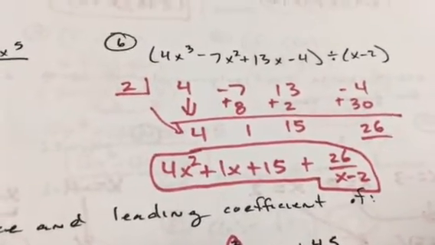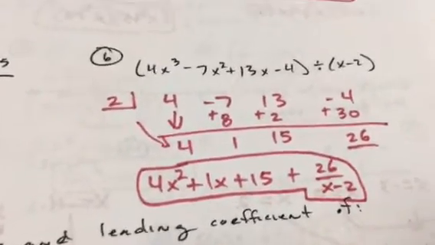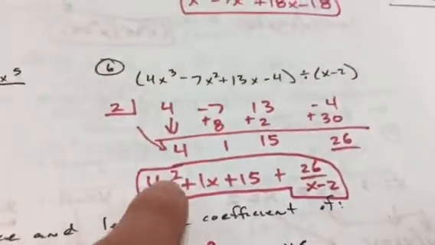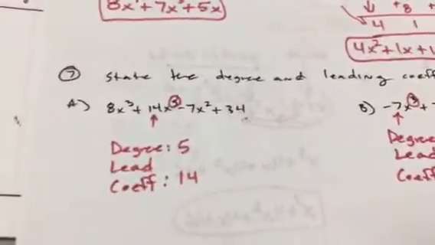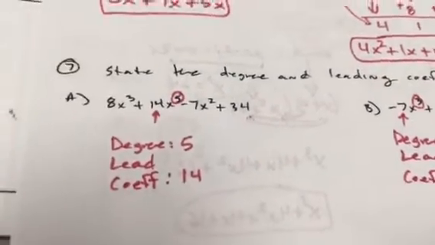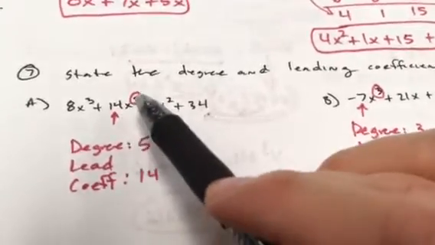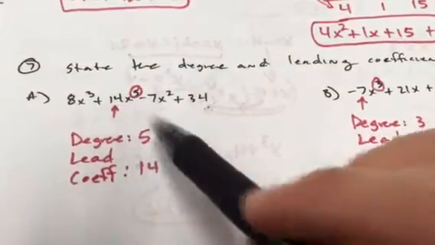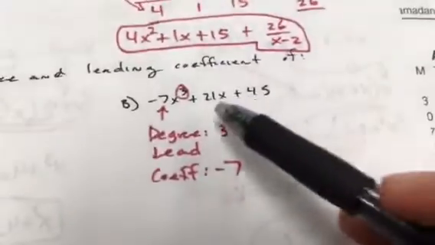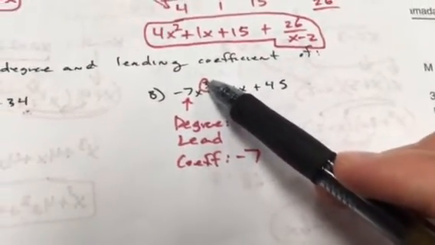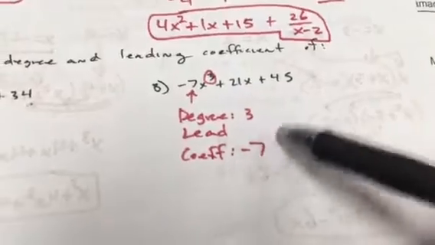If you have 4x to the third and divide it by x, everything's 1 power less. That's why it's 4x squared when you started with 4x to the third. Guys, on 7, state the degree and the leading coefficient. The degree is the highest power, which is 5. What's attached to it? 14. The highest power is not 13, it's 3. So that's the degree. What's attached to it? Negative 7 is the leading